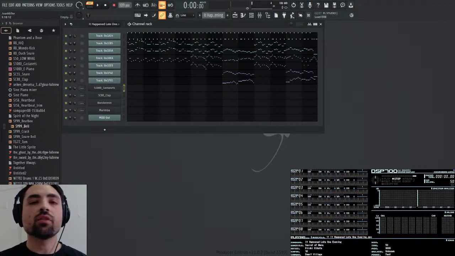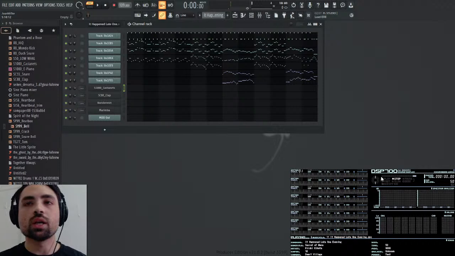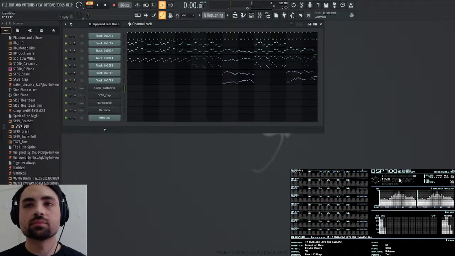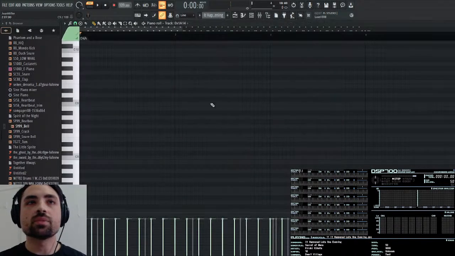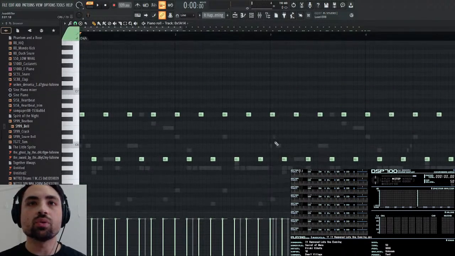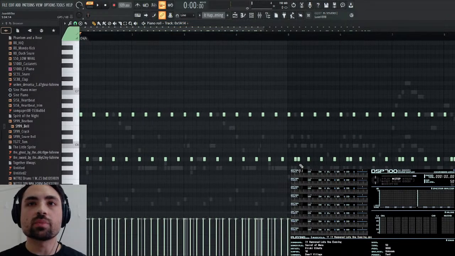First channel we have is the drums. Basically, just a simple loop. Sometimes it's a pretty simple loop, like just a one bar loop, but sometimes we have these doubles up.